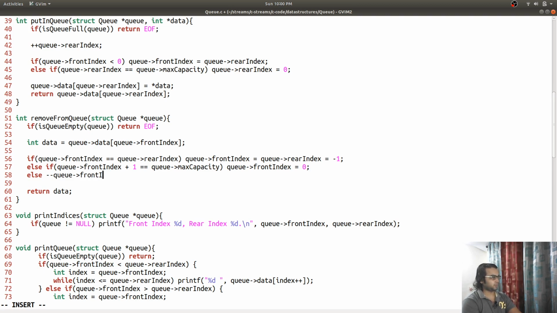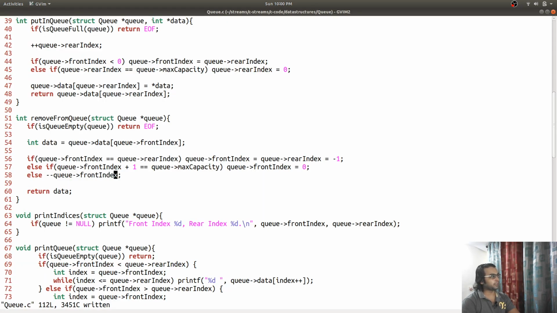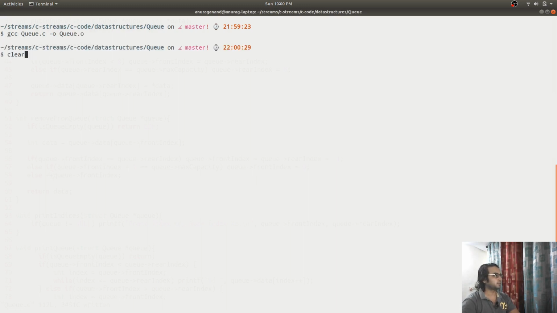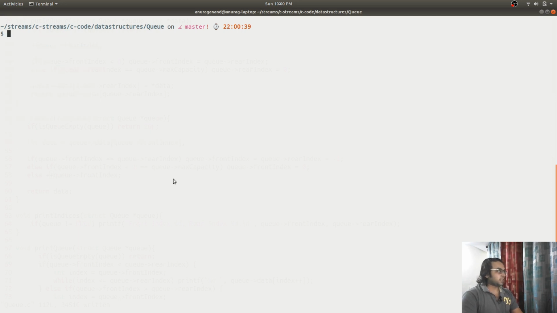I didn't cover this condition: if it is the normal case, then I have to increment the queue's front index. All the indexes are moving forward and going circular on that array. So now it is removed, and the correct number of items are there when we are able to see that. So the queue is working,